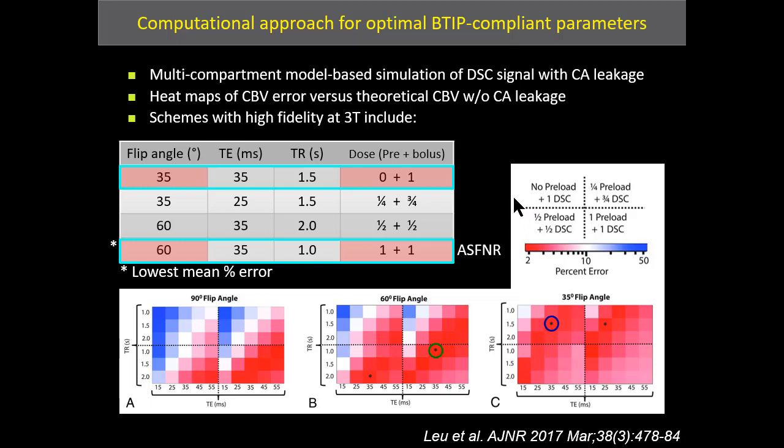Ben Ellingson's group at UCLA performed model-based simulation of DSC signal with contrast agent leakage, and they generated heat maps of CBV error versus theoretical CBV without contrast agent leakage for various acquisition schemes. And the schemes that had particularly high fidelity included the ASFNR parameters with an intermediate flip angle, double dose contrast including full dose preload, but they also found that a low flip angle acquisition without any preload administration worked very